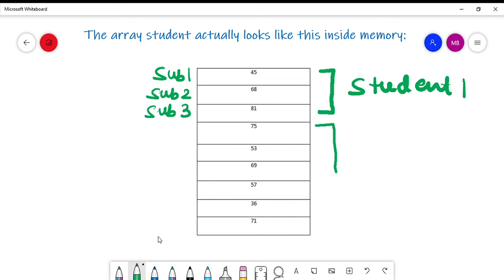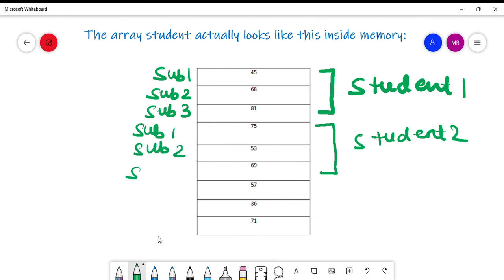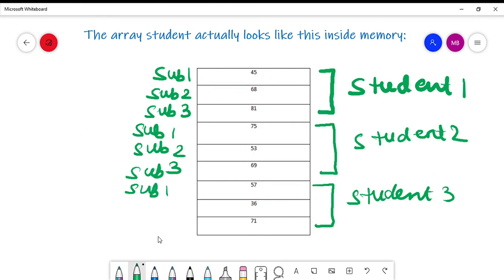Then for student 2, the marks of subject 1, marks of subject 2 and marks of subject 3. Similarly for student 3, marks of subject 1, marks of subject 2 and marks of subject 3,